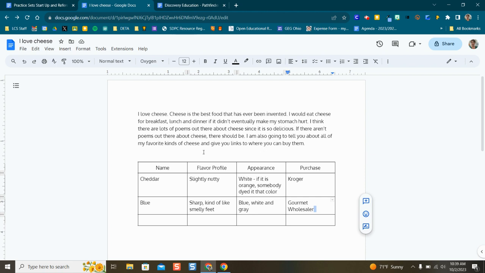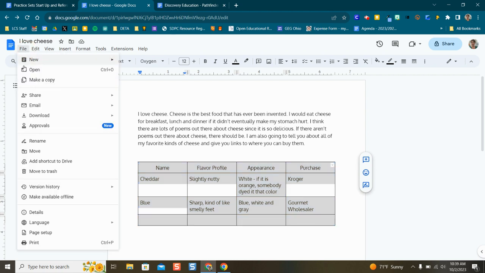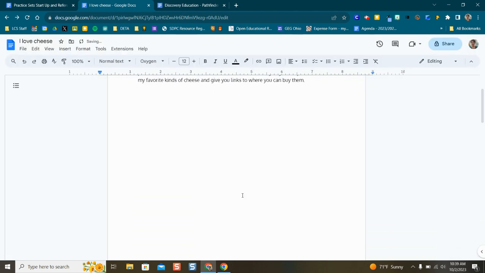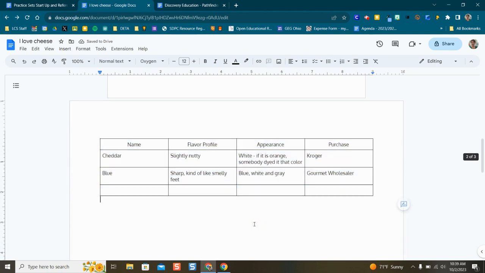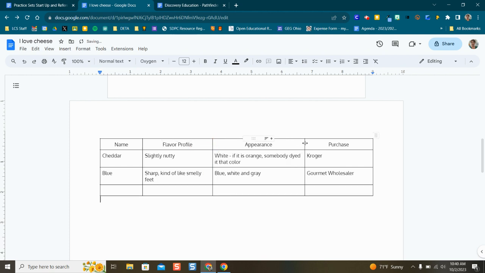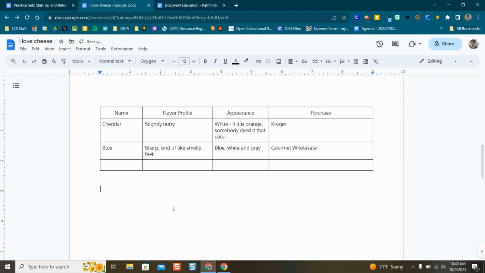So to do this, here's my table. I'm going to click and highlight everything that's in the table. I go up to File, I go up to Page Setup, and I'm going to say the selected content I want to be in landscape mode. I say OK, and what Google will do is put in a page break for me, and it has now put this content into landscape mode so that I can add additional columns, add pictures, and do whatever I want. If I'm finished with this and I now want to go back into portrait mode,